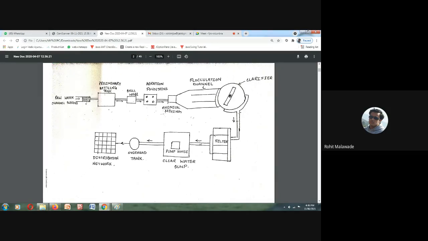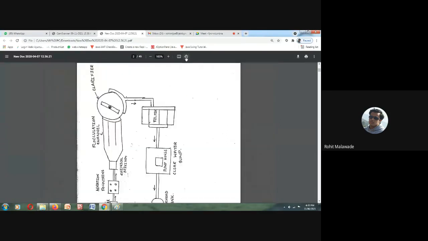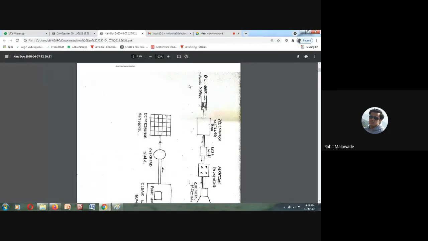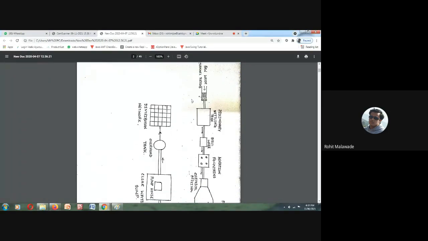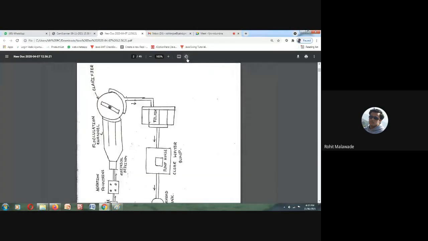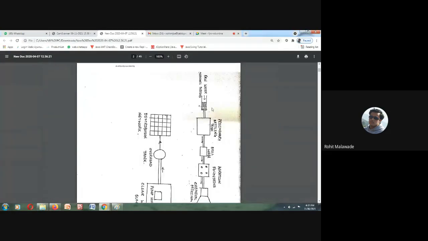So after filtration comes the disinfection process. We do disinfection by using chlorine. For a normal public supply, we have disinfection by the chlorination process. Okay, so here we have finished plain sedimentation. In the next class at 5 p.m., we will be discussing coagulation sedimentation, and probably we may finish all of coagulation sedimentation in a single class.